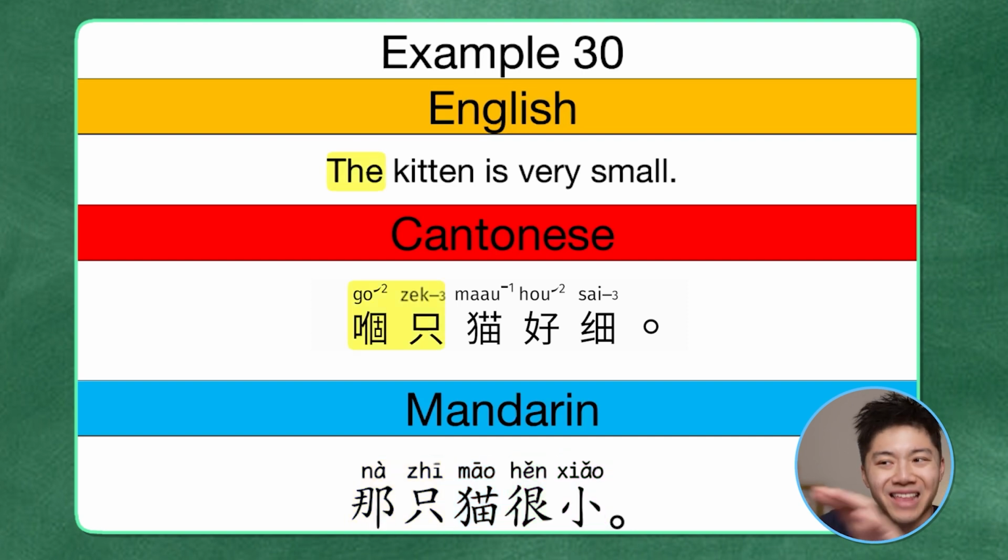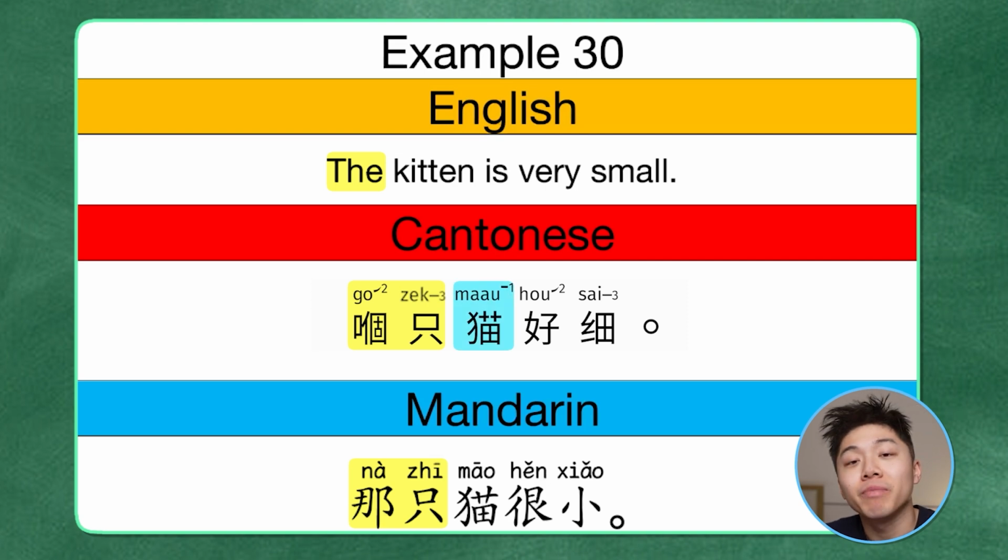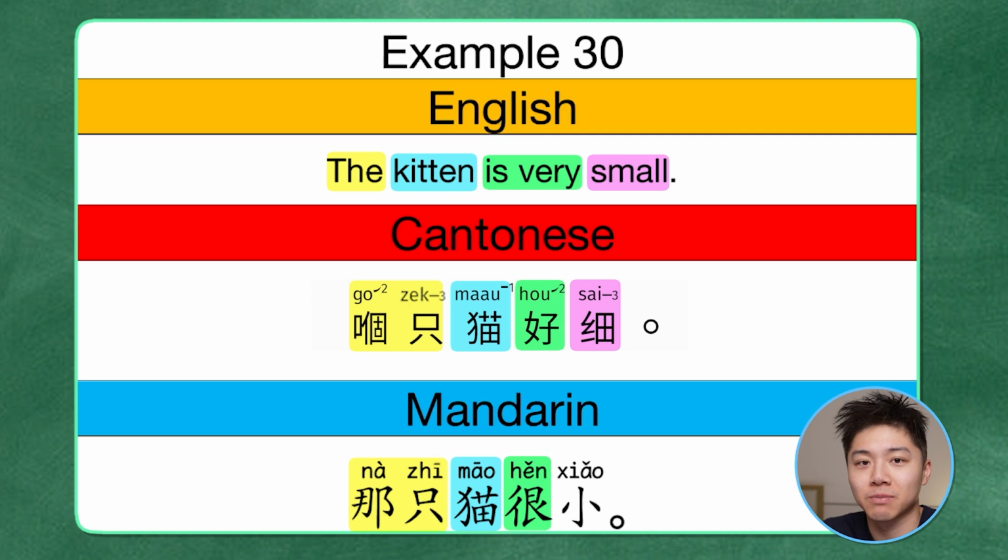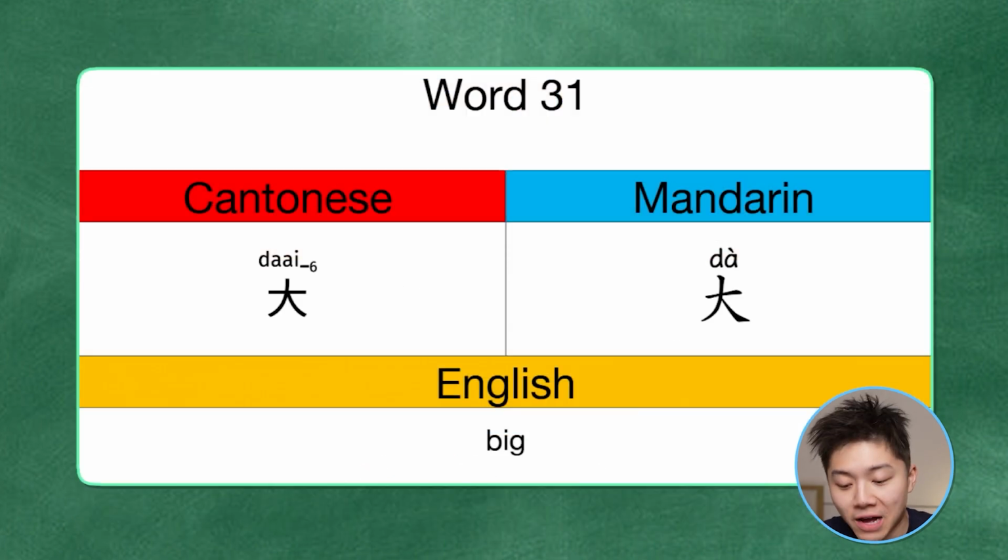嗰隻 means that one. Okay, in Mandarin, we say 那只. 貓 means cat. So 嗰隻貓 means that cat. In Mandarin, 那只貓. And then 好 means very in Mandarin, 很. And then 細 means small. In Mandarin, we use 小. So 嗰隻貓好細。In Mandarin, 那只貓很小。